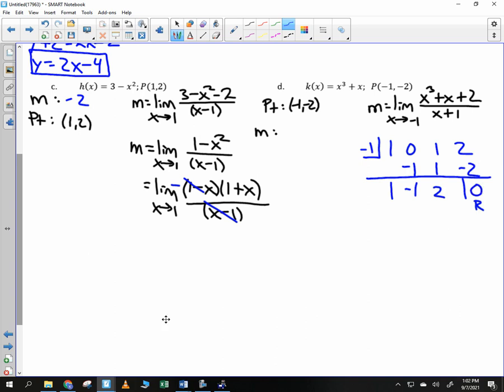So it turns out when you take x cubed plus x plus 2 and divide it by x plus 1, you get the slope is equal to the limit as x goes to negative 1 of x squared minus x plus 2. Can I now plug in negative 1? Yep, because that thing which was causing the discontinuity is gone. So you could go ahead and plug in the negative 1. I get 1 minus a negative 1, which is 2, plus 2 is